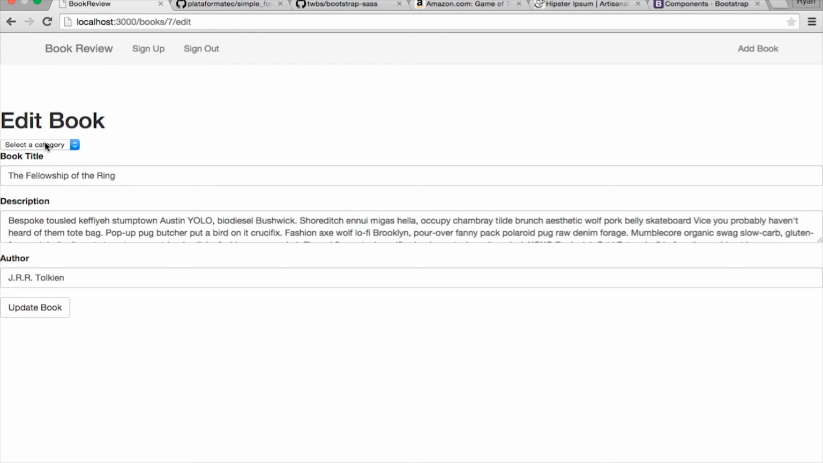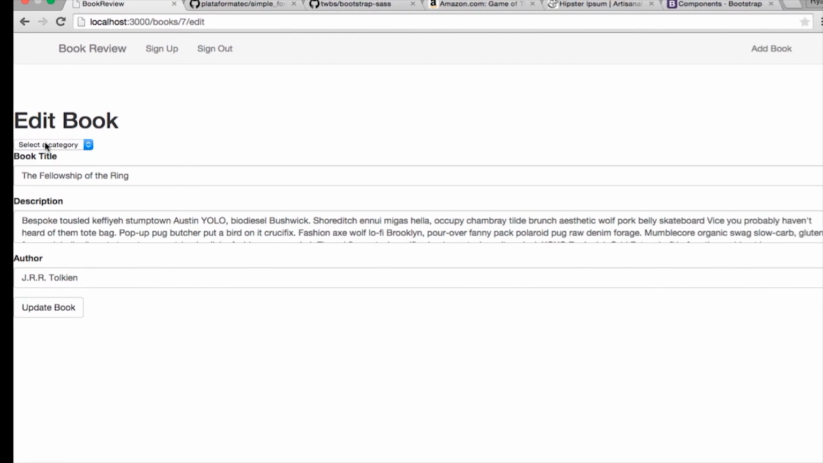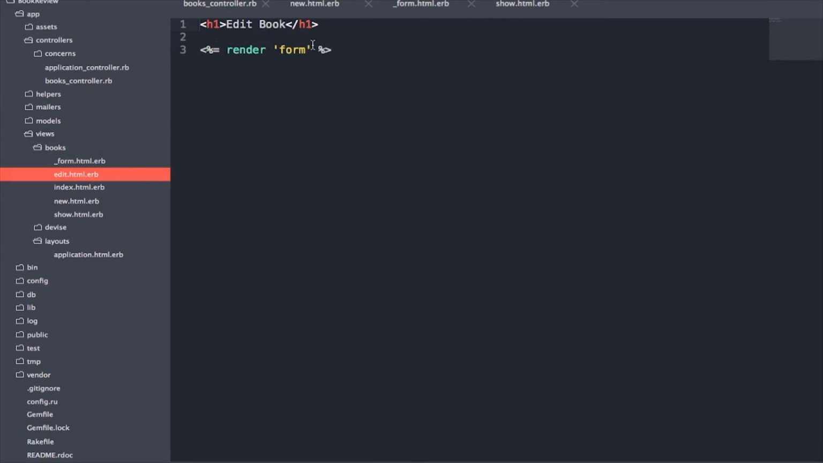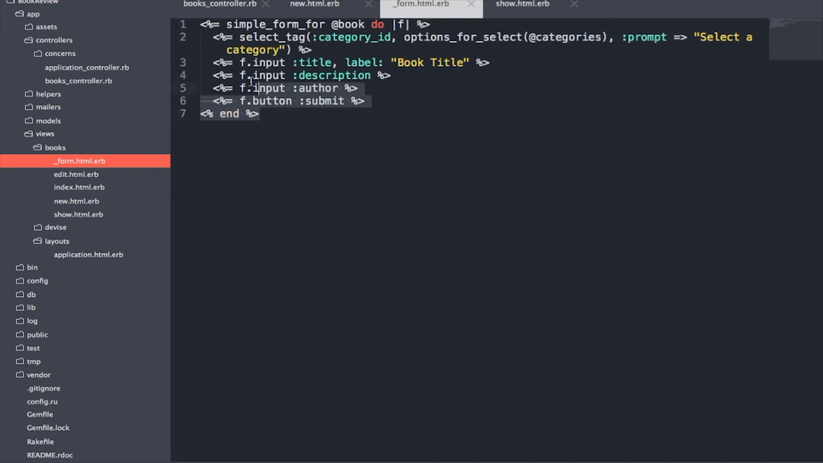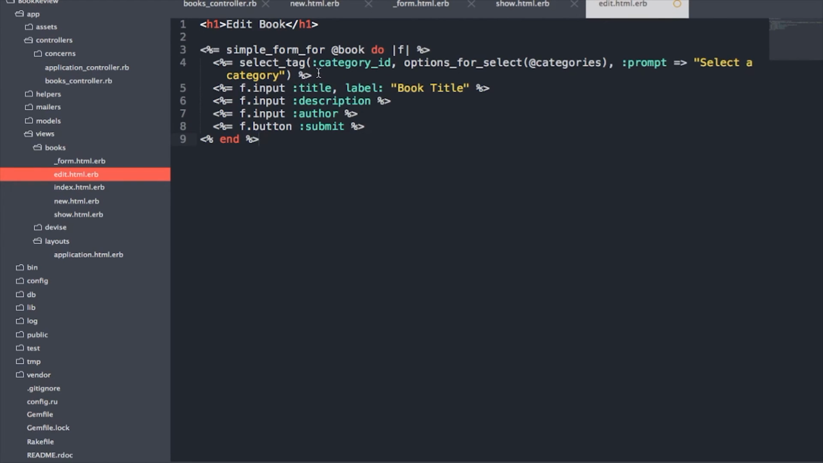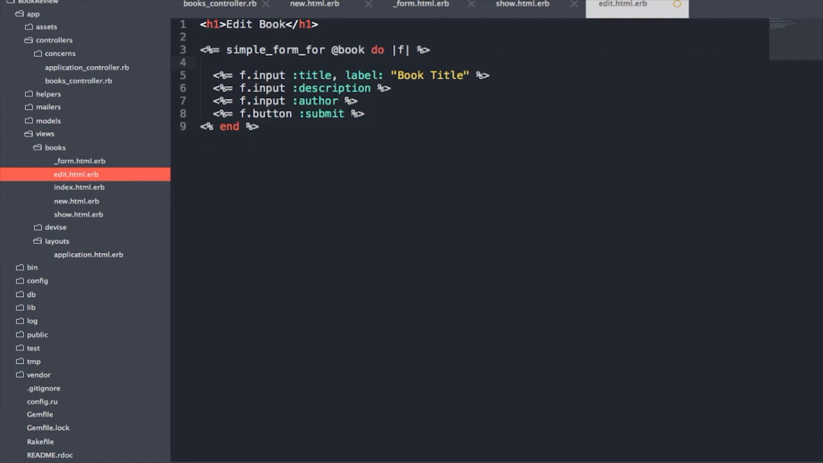So what we want to do is make sure that this has a category filled in when we click on the edit book form. And to do that, we're going to use a different tag. Instead of using the select tag like we used for the form partial, we're just going to be using f.select. So we're not going to create another form partial, but we're going to copy this form partial, and in our edit view, we're going to add this form, but we're going to change this select tag. Everything else is going to be the same, but this is now just going to be